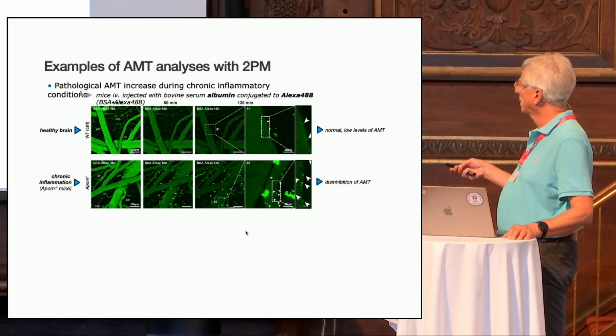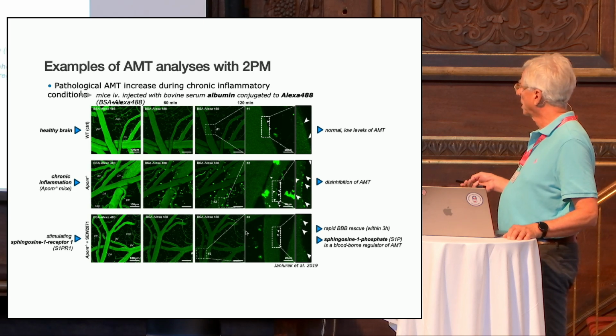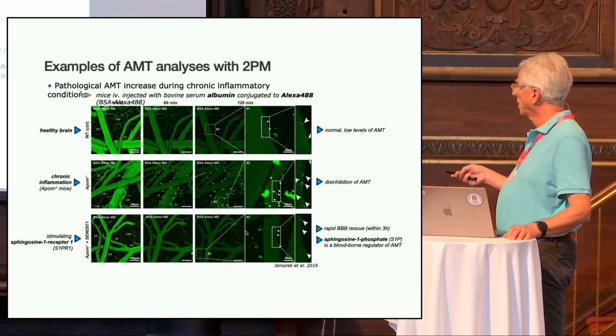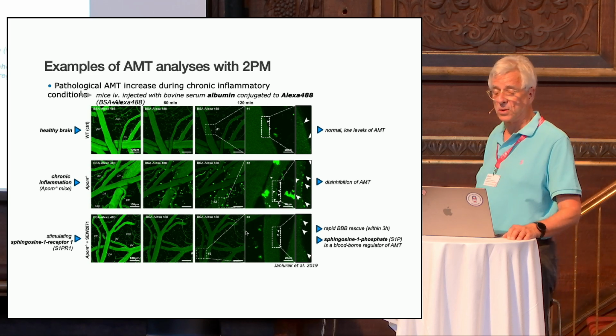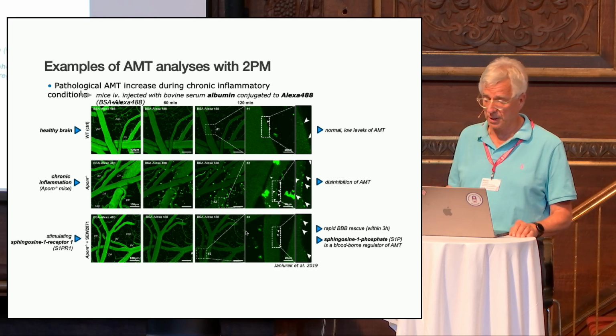You get albumin accumulation outside the blood vessel. And if you give an S1P, sphingosine 1-phosphate agonist a few hours ahead, you can actually rescue the brain. So one of the ways that you guys might want to get your biologics into the brain is by using